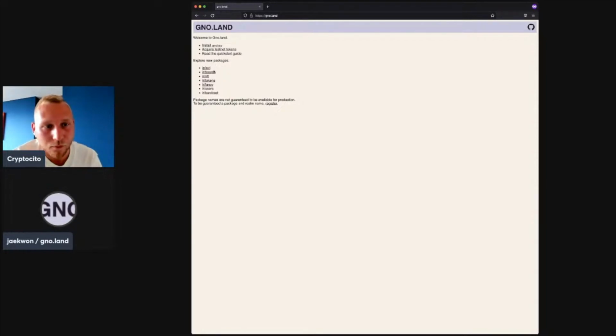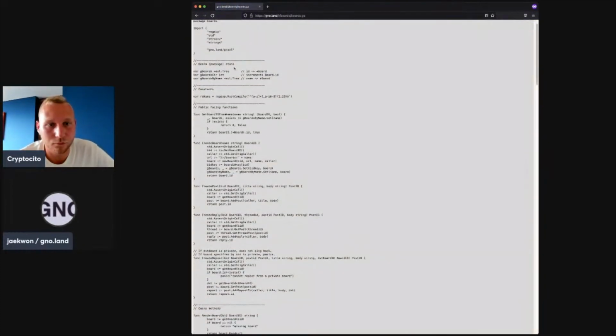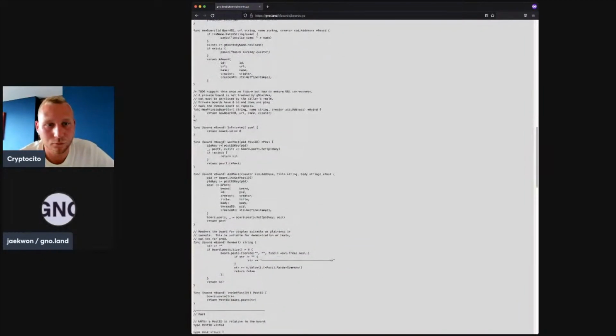The one I want to show you right now is this package called boards. So no land, R meaning realm package. Realm means it's got its own data. It's basically like a smart contract. It's got its own space. It needs to pay for the persistent data space. It can host functions that you can call. And the boards smart contract here, it's only got one file. It's pretty simple. It's Go. So with a very small modification, it would compile in Go, right?